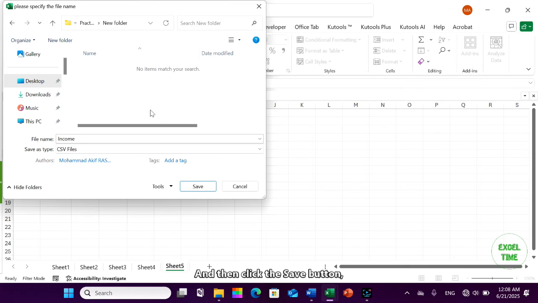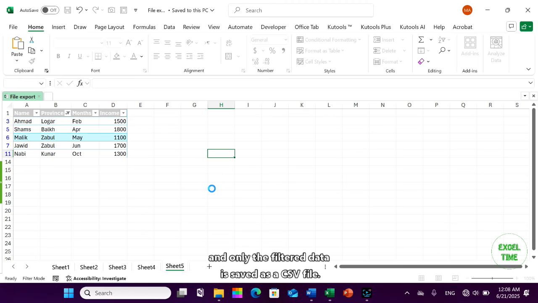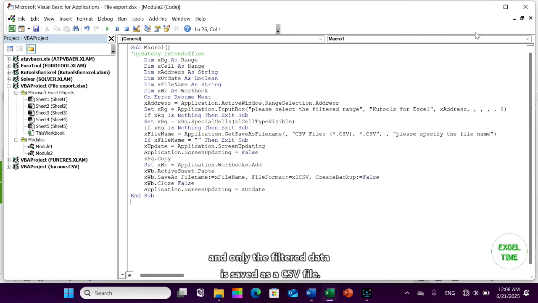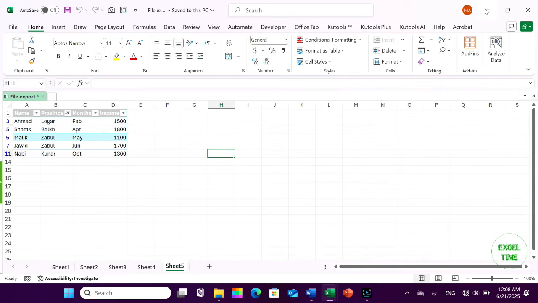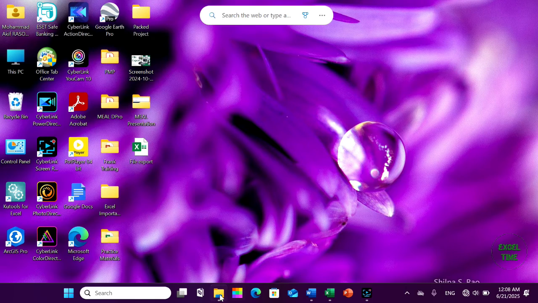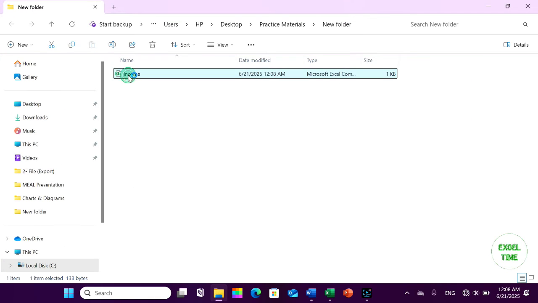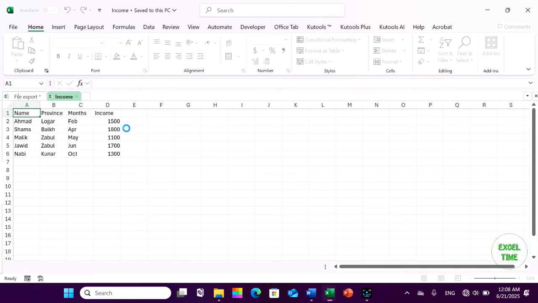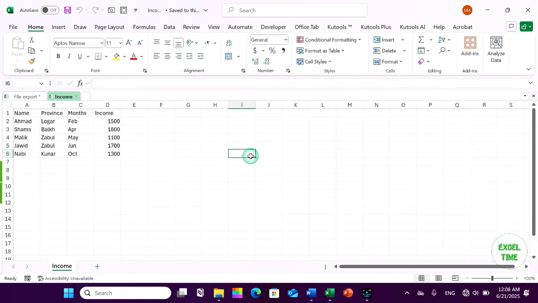And then click the Save button, and only the filtered data is saved as a CSV file. As you can see,